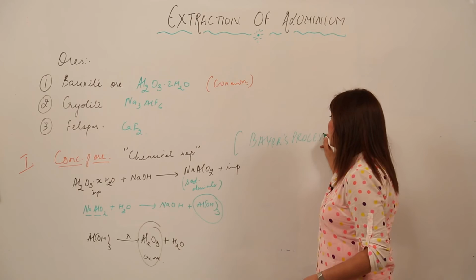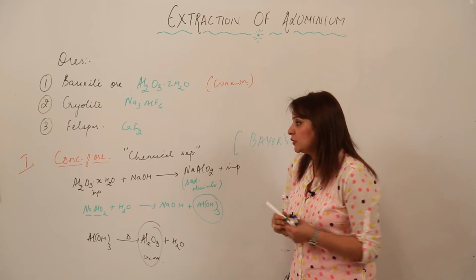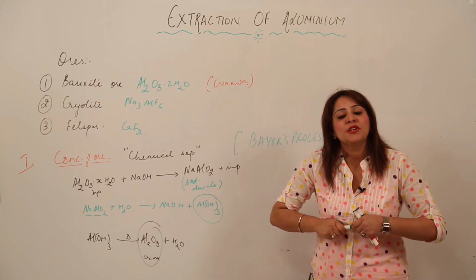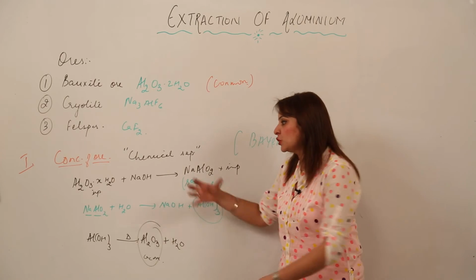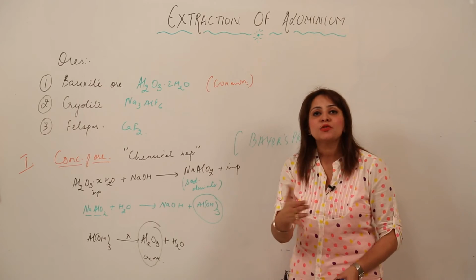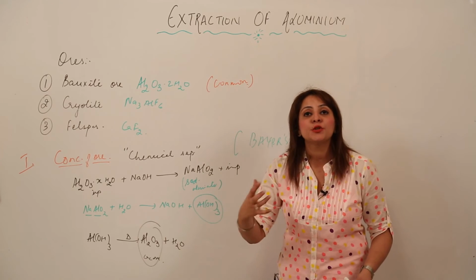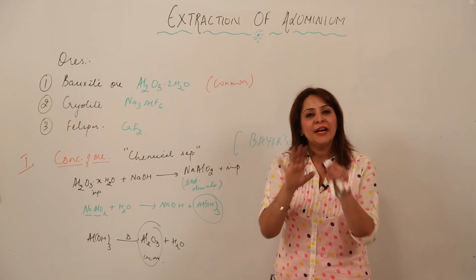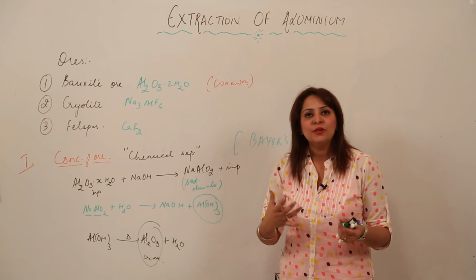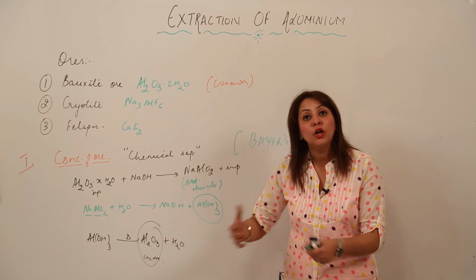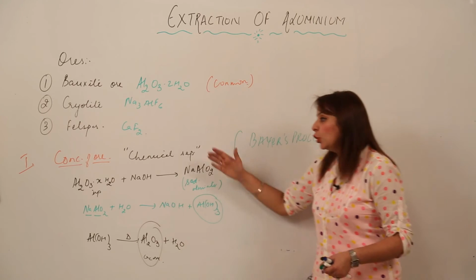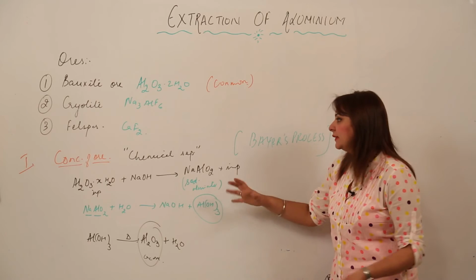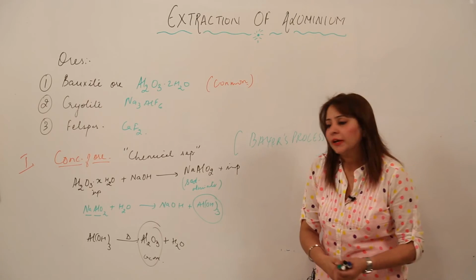You often get the question, explain the Bayer's process. You just need to write that it is a chemical separation method employed for concentration of ore in the case of aluminium. Just write the reactions involved. Chemistry always understands the language of chemical equations, so do not write paragraphs. If you wish, you may write some text along with it, but the chemical reactions should be present. Write it this way and label it as Bayer's process.